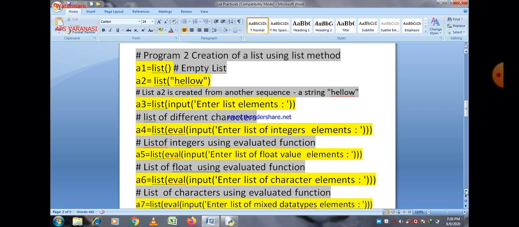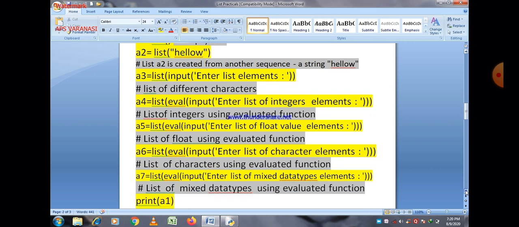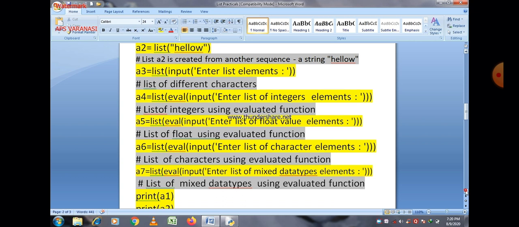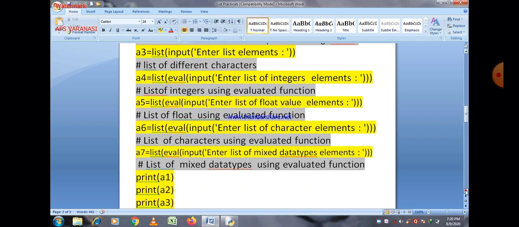What happens here, and why we need it here, first of all it should be understood: when we create a list using the list method, then the different values of the list are considered as characters only, even if they are numbers.